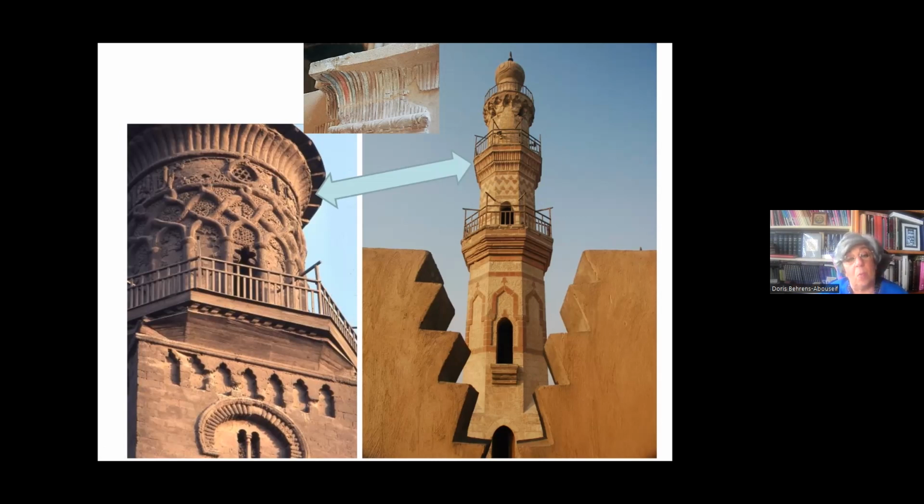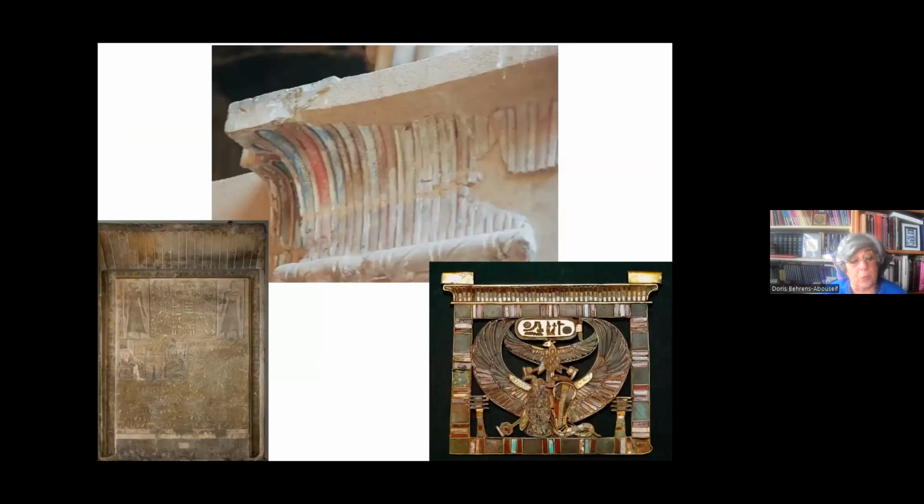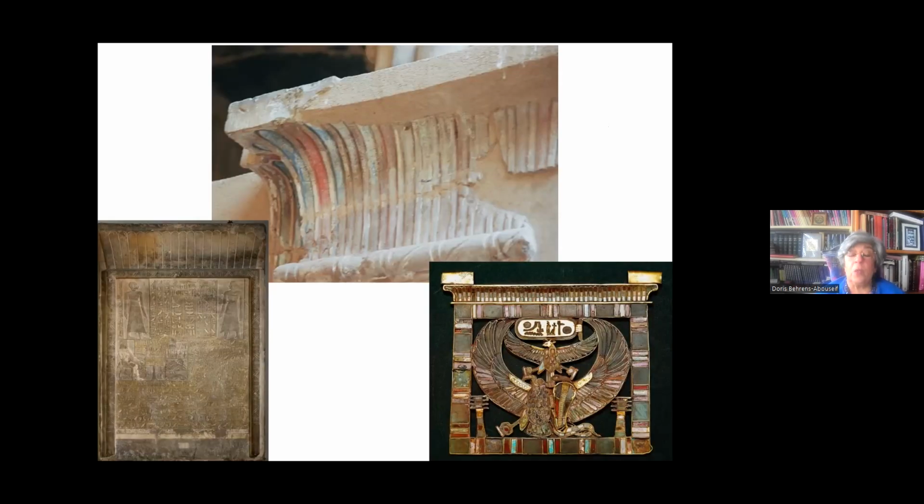So now, how to explain this ancient Egyptian motif? You see it in decorative art on a smaller scale, in stelae, in decorative objects, and also in architecture. It is quite possible that this might have inspired the two cases I have just shown you.